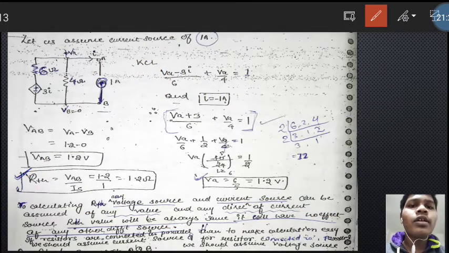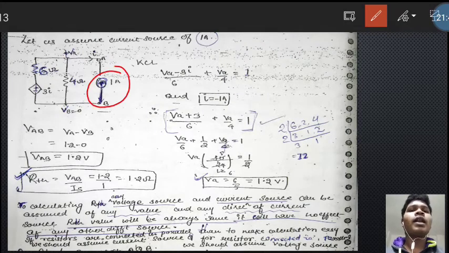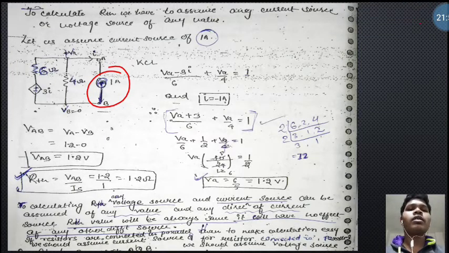It will have no effect of any other different sources. If resistances are connected in parallel, then to make calculation easy, we should assume current sources for resistances connected in parallel. We should assume voltage source in series. So here we are taking the parallel as our current sources. If there is a voltage source, then take series manner. Okay, it is clear to you.